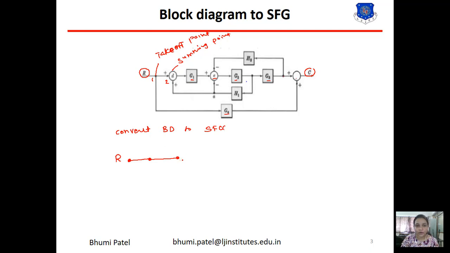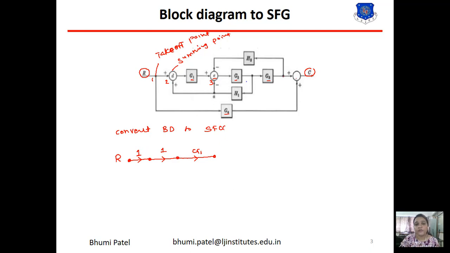Now after the second node and before the third node, the gain of the system is given and the value of the gain is G1. So this is the third node. Between the second and third node, G1 gain is given. Between the first and second node no gain is given, so we put 1 here. Between the input and first node also no gain is given, so we put 1 here.